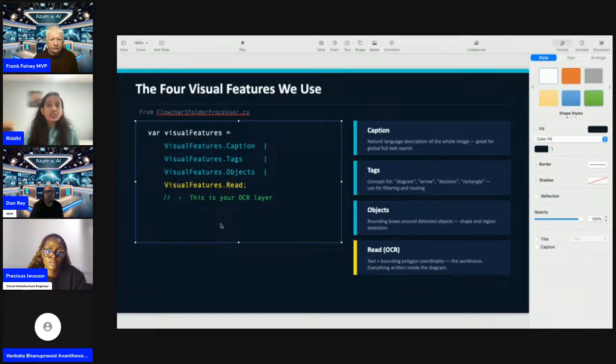Now again, if it's not a flowchart and just an image, then the tag will be diagram. Now objects could be a person, a cat, a dog, which will have bounding boxes around the detected objects.